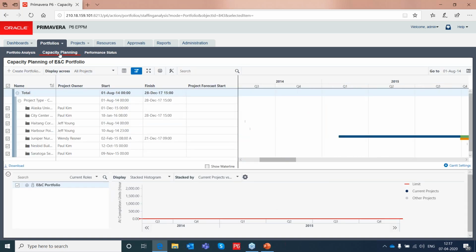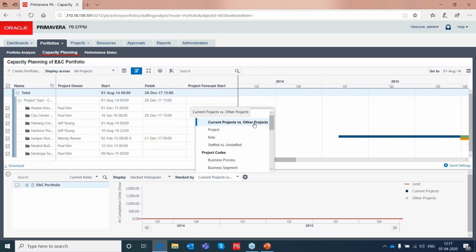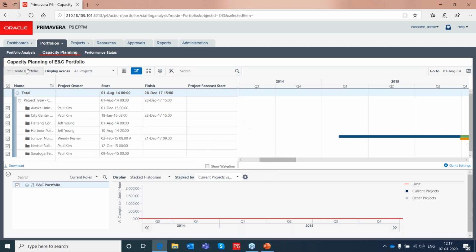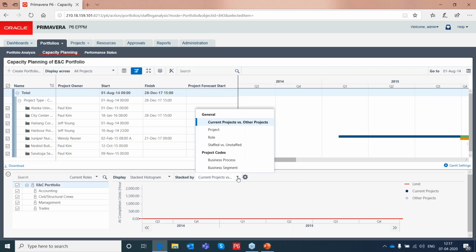Yeah. You're able to see the screen now? Yes. Okay. In this, you have an option, current projects versus other projects. Okay. So this is actually done for the specific portfolio, right? And you can select the roles. You have different roles, how those roles are allocated or utilized across the projects. Current projects versus other projects are based on any project code. So can we use portfolio for person and materials, and can we use this for the other projects also?